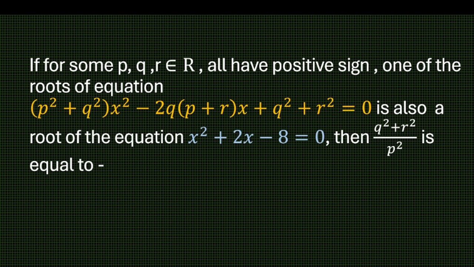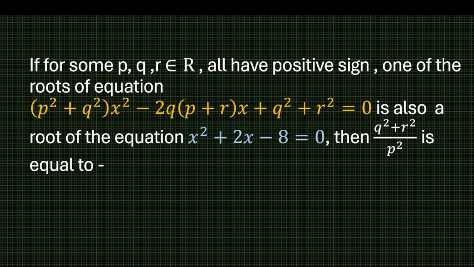क्वाड्रेटिक इक्वेशन के इस क्वेश्चन में हमें सॉल्व करना है, p q r की वैल्यू निकालनी है। क्वेश्चन में p q r रियल नंबर्स और एक क्वाड्रेटिक इक्वेशन दिया है इन टर्म्स ऑफ x square whose coefficient is p square plus q square and coefficient of x is minus 2q into p plus r and constant is q square plus r square. Also we have another one equation which is x square plus 2x minus 8 is equals to 0